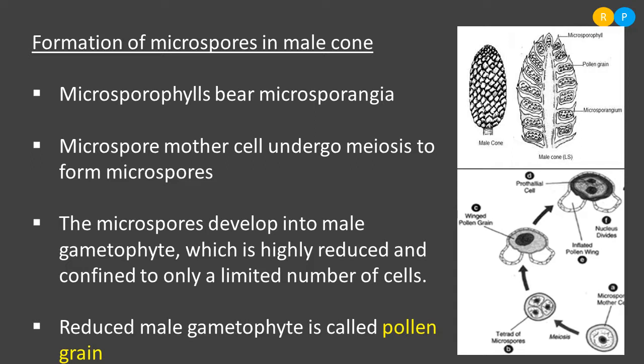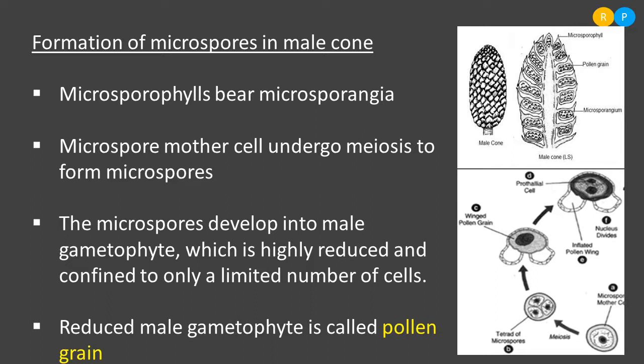So these pollen grains carry male gamete. So where do we have the male gamete? Male gamete is present within the male gametophyte or pollen grain. Because pollen grains are carrying the male gametes, they are named as male gametophyte. So this is a very simple process that takes place in the microsporangia in order to form microspores or pollen grains. Understood, right? Clear? Yes. This is actually taking place within the male cone because the male cone is meant for the formation of microspores.